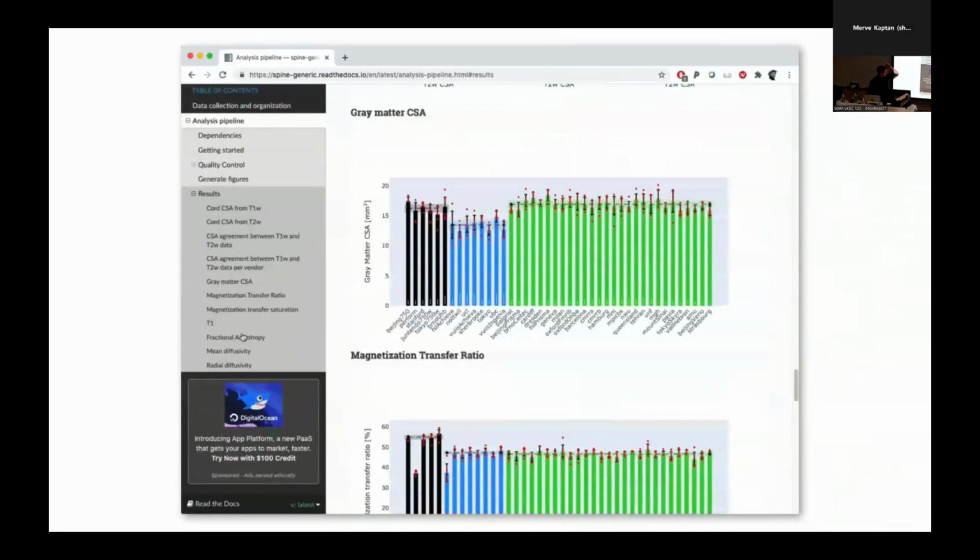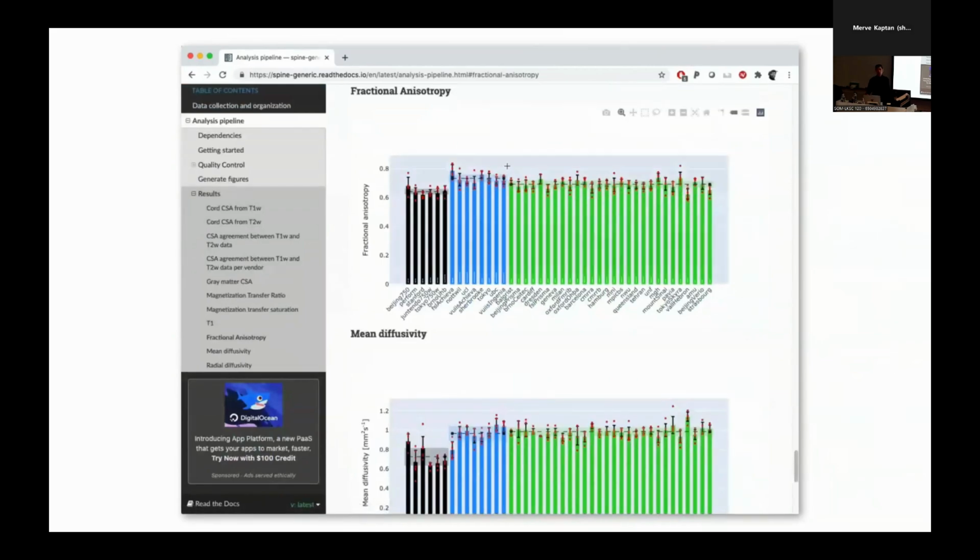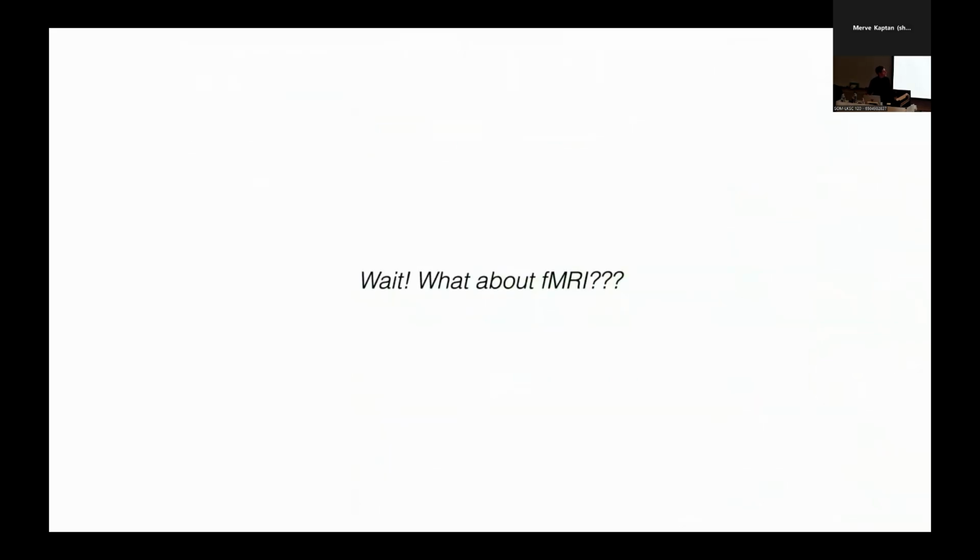Okay, so that being said, the elephant in the room is what about fMRI? Historically, we decided as a community to not include fMRI in the spine generic protocol because there was still no clear consensus about how fMRI data should be acquired. That's why it's not part of the spine generic protocol. That being said, things could evolve, and maybe at some point, I think we should probably include that in the spine generic protocol. And there is a lot of excitement,